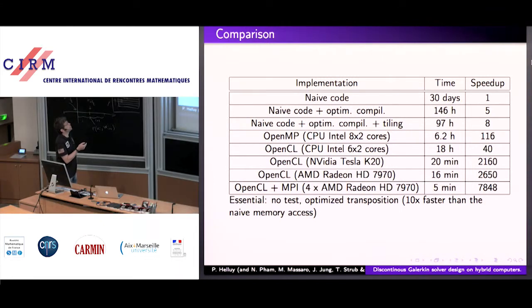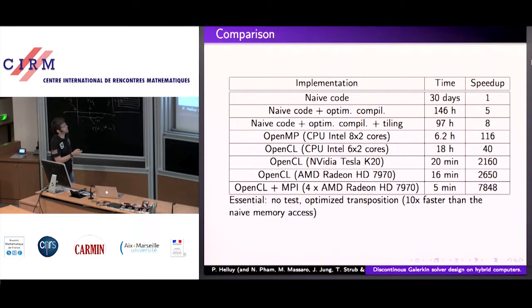Then you compare all the successive implementations of the very simple algorithm. What you get is that with the naive code, remember that you have a speedup of 1. With the OpenMP implementation, you have again a factor of 100. And then if you perform an OpenCL optimized algorithm on a K20 GPU, then you have this tremendous speedup of 2000 compared to the initial